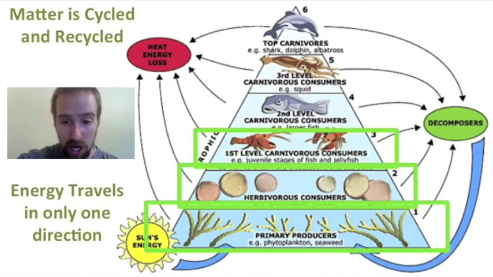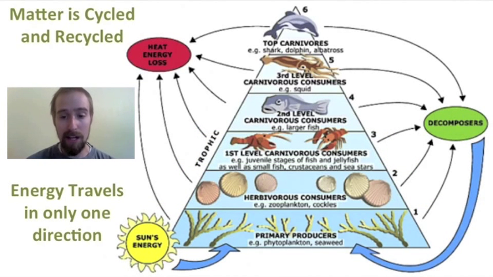And our first level carnivores are only getting about 10% of the energy that's in the level below them, which is only 10% of the energy below that. So this actually creates limits on how tall this pyramid can be. Interestingly enough, this pyramid actually has 6 levels, but it's very rare to find more than 4 or 5 levels in any given food chain because energy becomes less and less available the farther up the food chain we go. And we simply don't have as many top carnivores in an ecosystem because there's not enough energy to support them. We find a lot more primary producers because they're a lot closer to that ultimate source of energy, the sun.